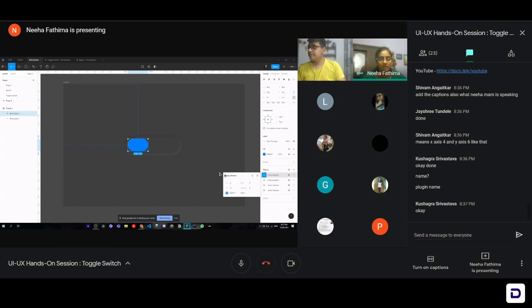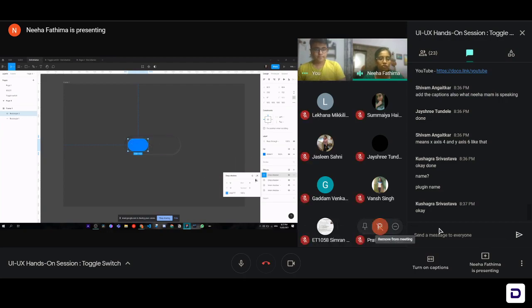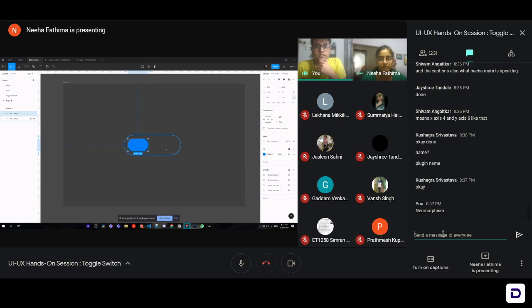But it's always amazing to know how to create the effect by yourself, and that's what we're doing right now. So I am dropping the name of the effect in the chat box. You can save it, and later if you want to refer to it, you can use this.